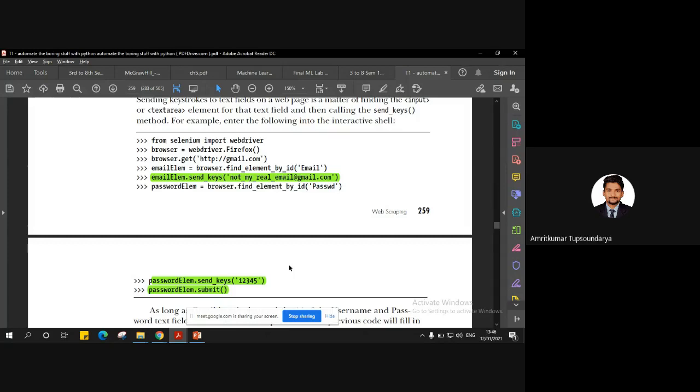So as per your understanding, you can explore more and try to create your own automated Python program using this Selenium module, which can do a lot of other things on the web page, right?